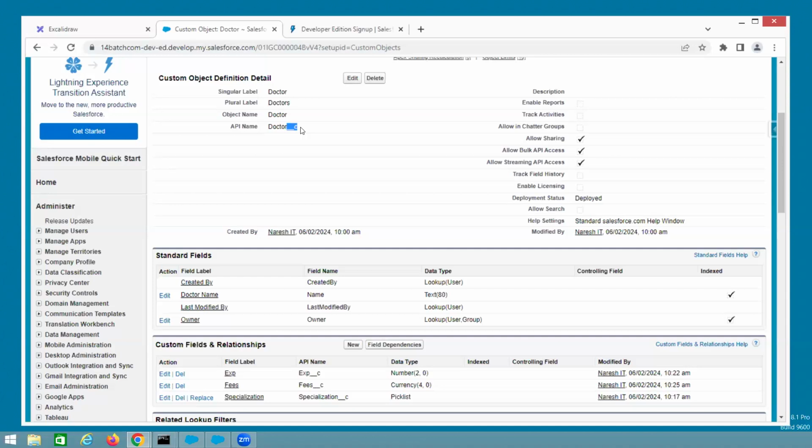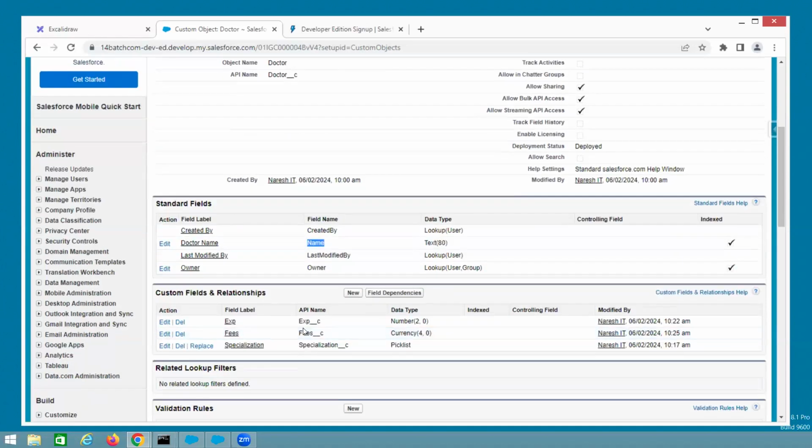Maybe object. Standard కూడా ఉంది. Standard kuda untadi. I will explain you later. So see here, underscore C, it is a custom object created by someone. It is a standard field. Why? There is no underscore C. Name, standard field. Why? It does not end with underscore C. Exp underscore C, it is a custom field. Why? Underscore C in the end. Like that, you need to recognize whether it is standard or custom, whether that component is created